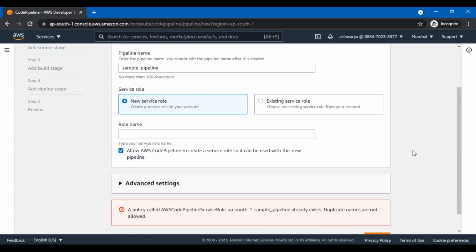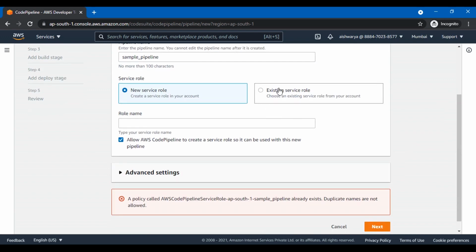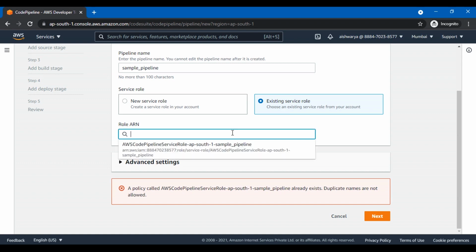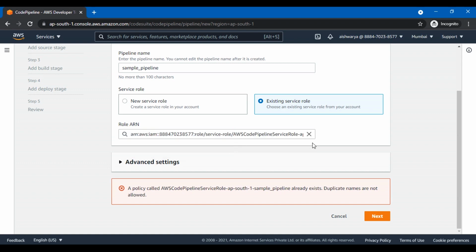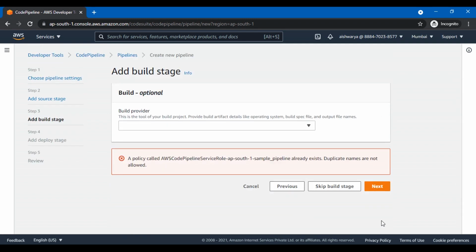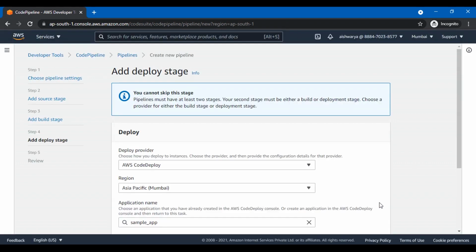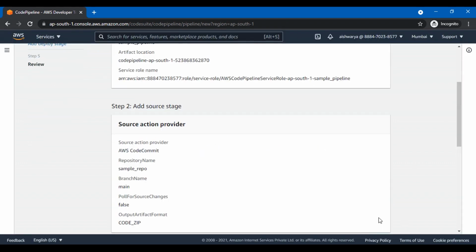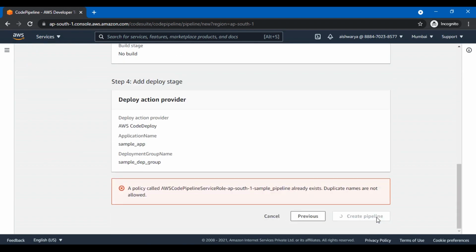So for the sake of simplicity, I am using that existing service role itself, which I created earlier. So I click on next now, and everything else as it is. Then going to the deploy stage, then review, and then create pipeline.